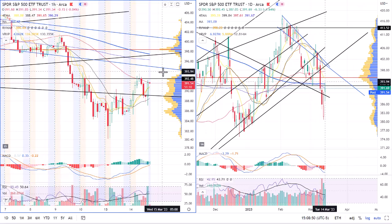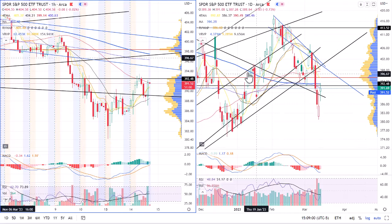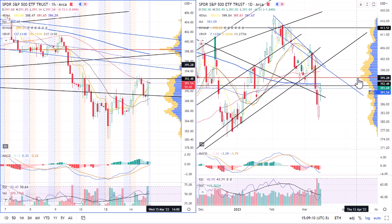This could be a pretty aggressive day, honestly, just because of how strong of a push down this was. You can see how little volume was in this area. We could see a pretty aggressive push through that zone. Looking at the daily chart, however, you can see there was some decent volume going back to the previous price action looking at December and January. So certainly an area where you could see some resistance at about